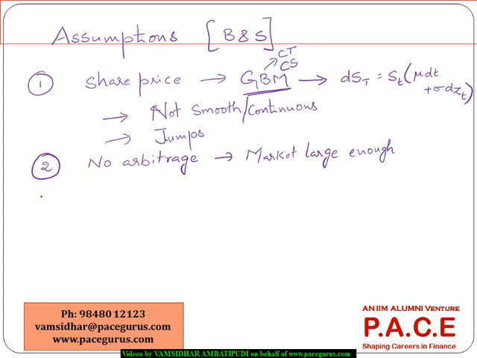And they have typically made one more assumption, that the risk-free rate of return R is generally constant for the entire maturities. For all maturities it is constant, and for borrowing and lending also it is constant, right? They have created this kind of an assumption that R is constant not only for borrowing and lending